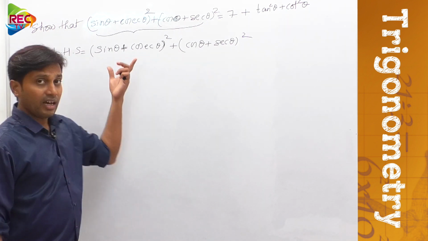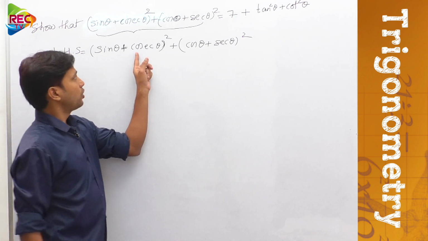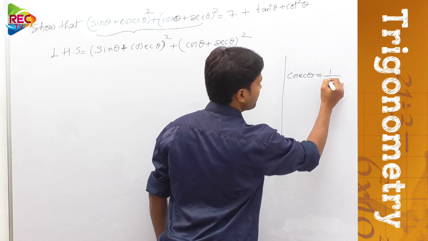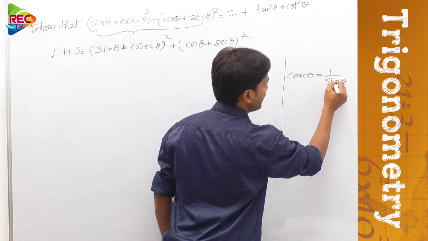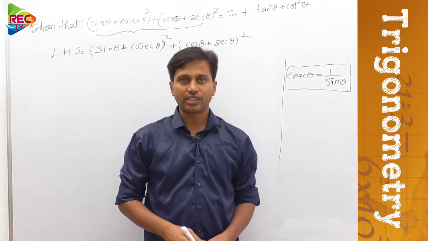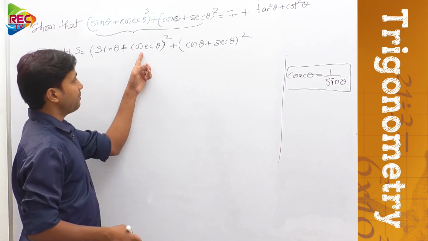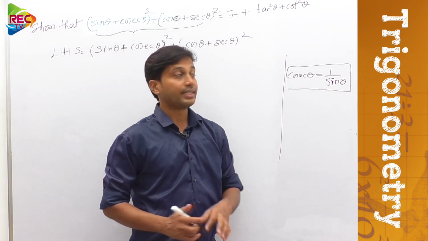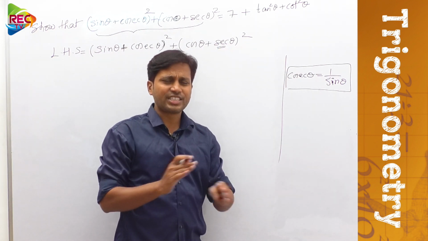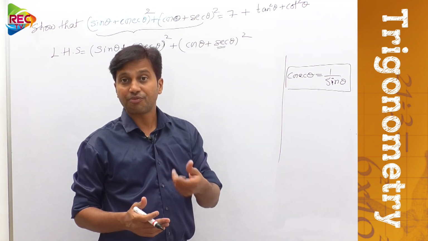It's a simple thing, we know the algebraic identities. First of all, convert cosecant theta. So what is cosecant theta? Cosecant theta is the reciprocal of sin theta, from the basics of trigonometry. Exactly, cosecant theta is equal to 1 by sin theta. These two are reciprocals of each other, or sin theta is equal to 1 by cosecant theta also. So cosecant theta can be written as 1 by sin theta, the first thing. And second, secant theta is also there. We need to convert all the terms into sin and cos first, so that it becomes easy for you to solve.